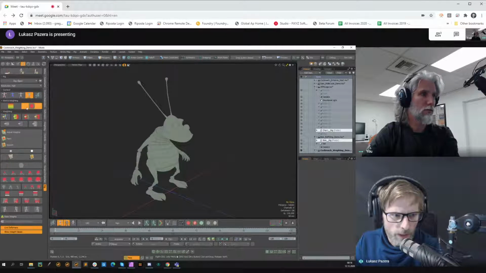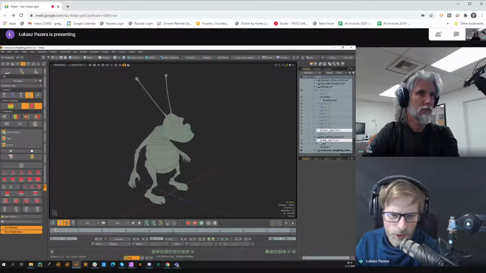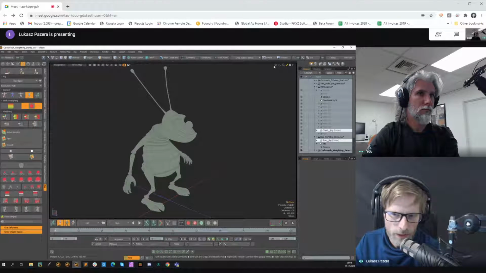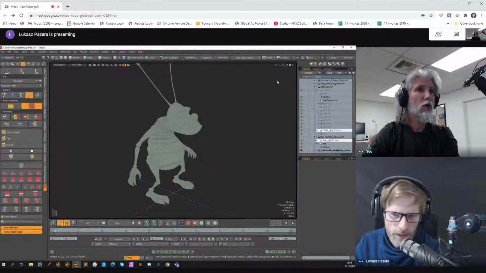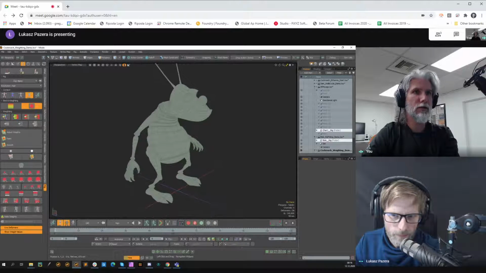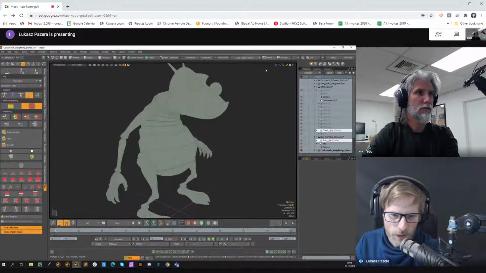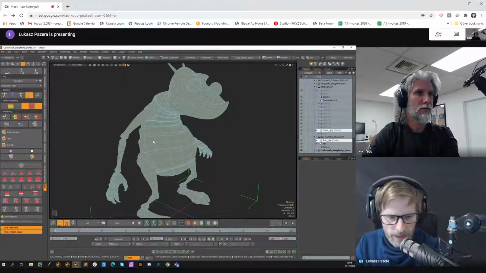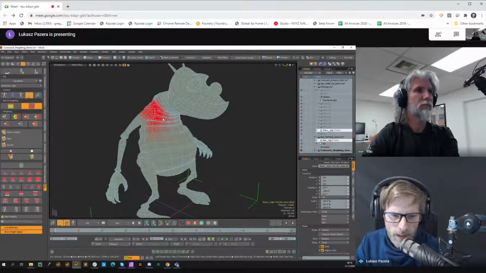Just one quick thing. I'm just going to show you really quickly a few things on the weighting, because there's also a palette for weighting. Oh right, sorry, I forgot we were doing the weighting. Yeah, it's real quick. The one thing that I added is that you can select weight maps under the mouse pointer, so you don't have to really